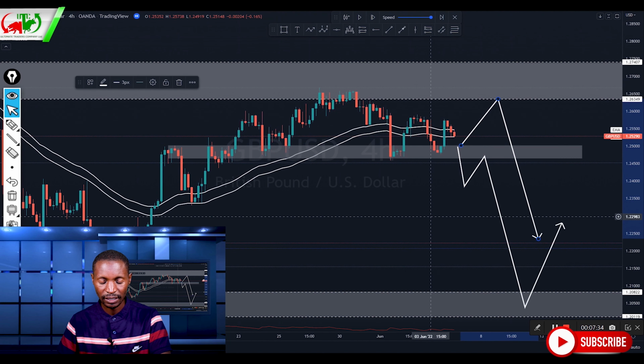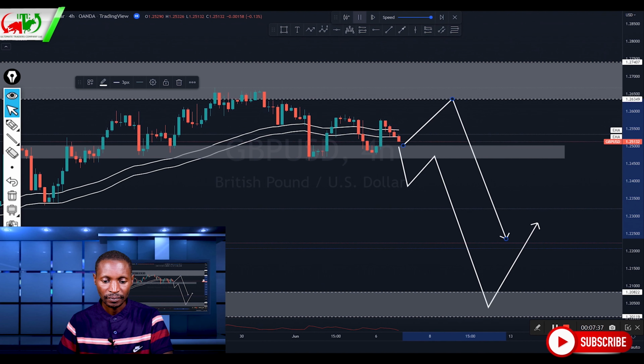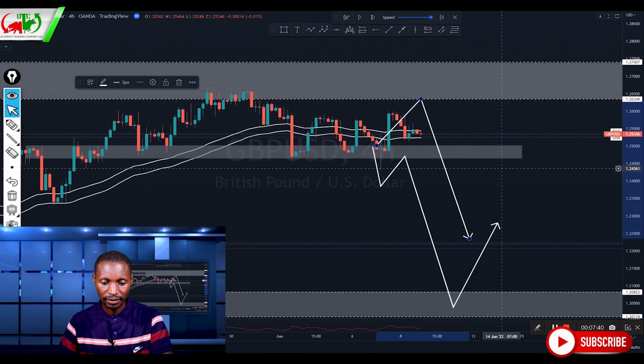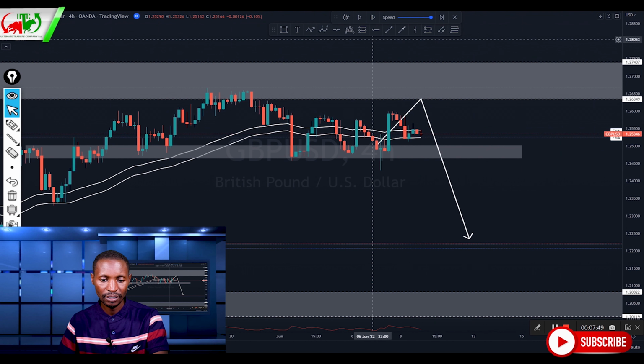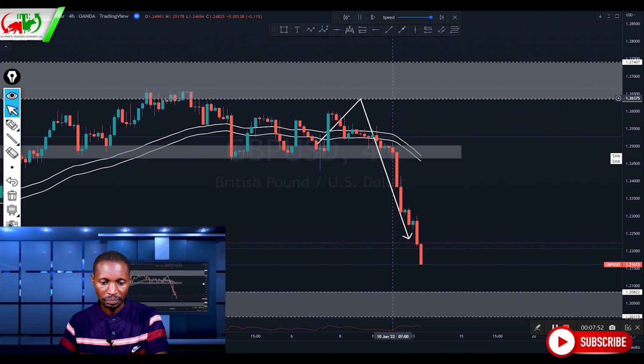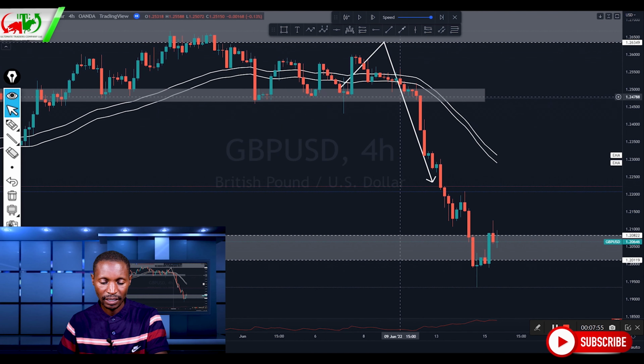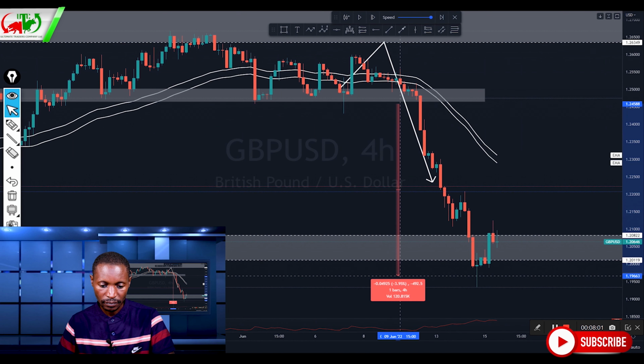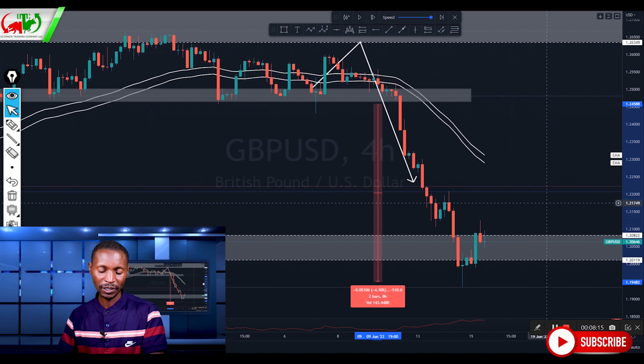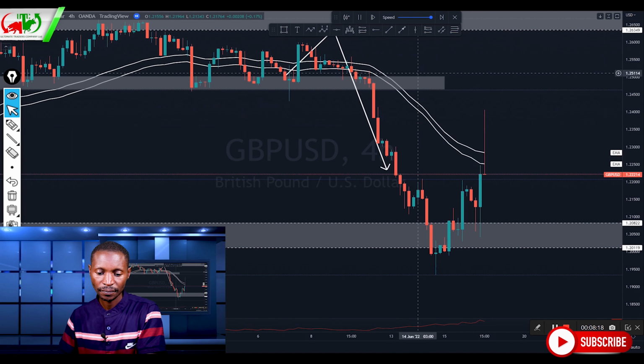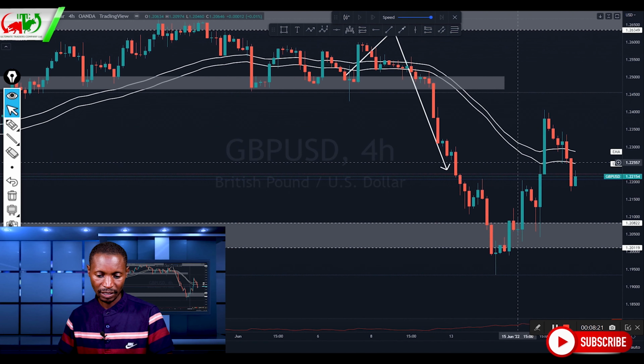So let's see how the market has reacted to our technical analysis. The neckline held for some time, and the market found resistance here, which means this was the second scenario. After that the market broke this neckline and pushed many pips, around 400, about 500 pips, and after that our predetermined support held and the market pushed up for another about